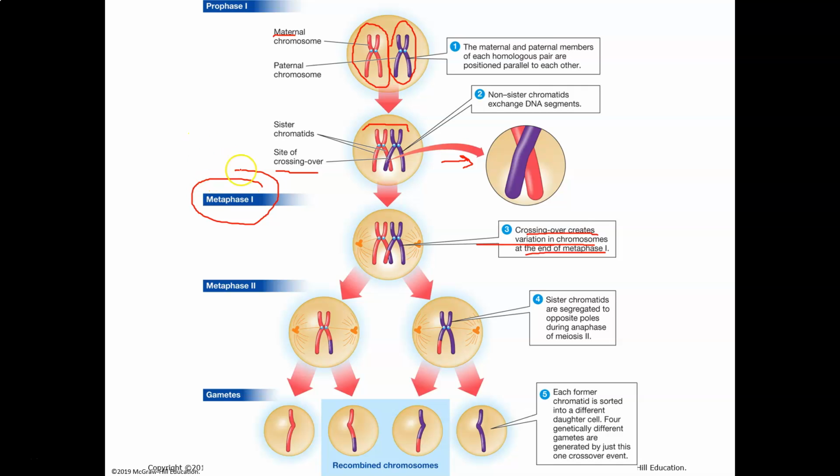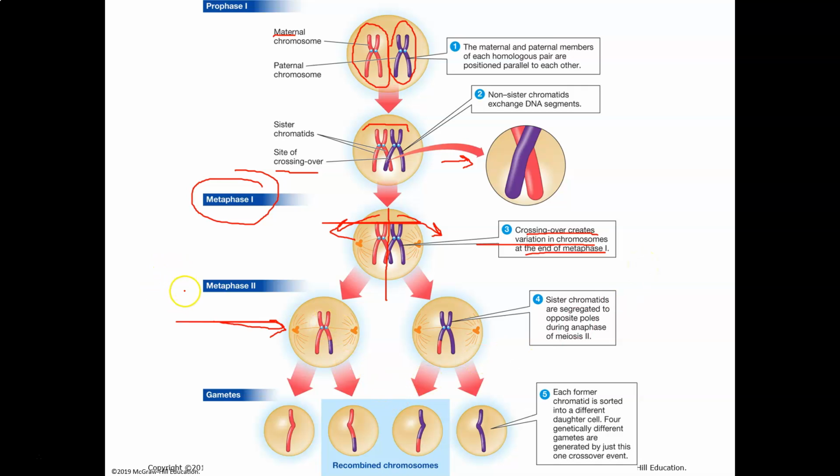Then when you get to metaphase 1, metaphase 1 will cleave this thing right down the middle. So this pair of chromosomes actually heads off that way. This pair of chromosomes heads off that way. And at the end, this is what you get right here. This is what you get at the end of metaphase 1. You've got the crossed over chromosomes, but they're not ready to become gametes.